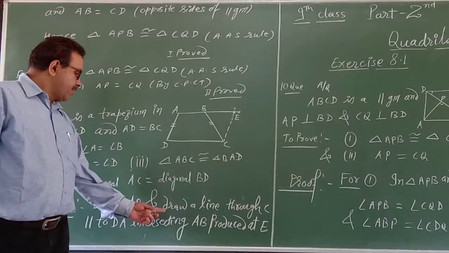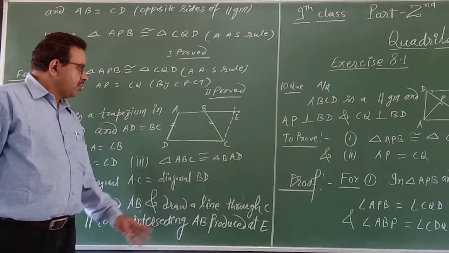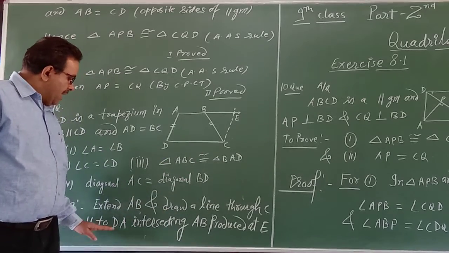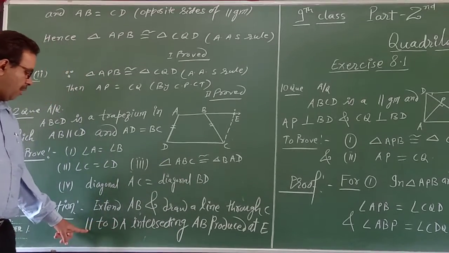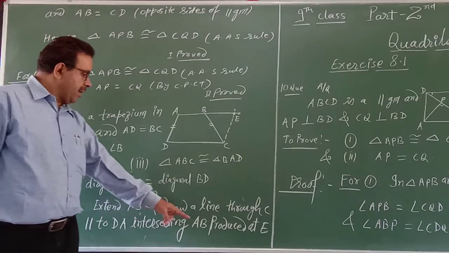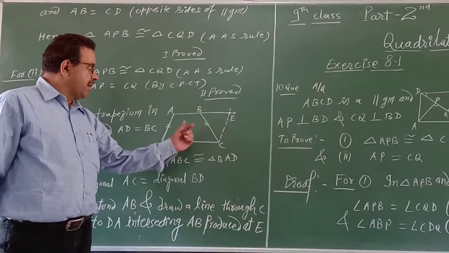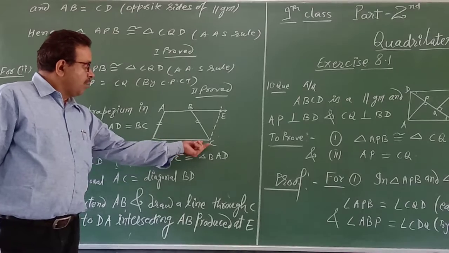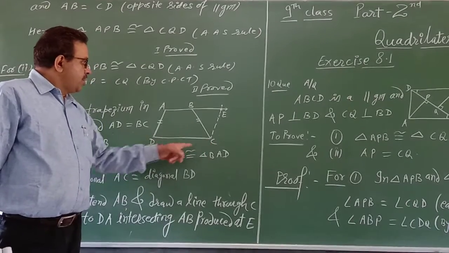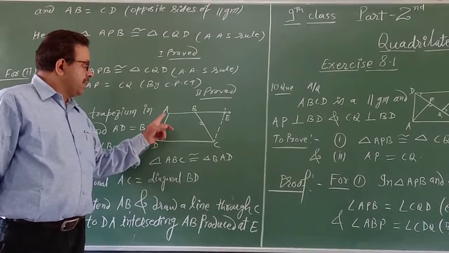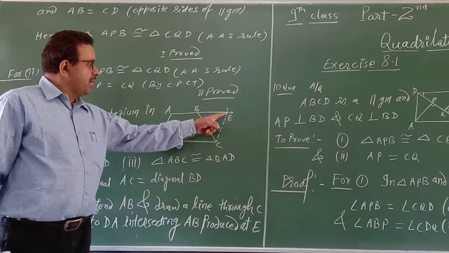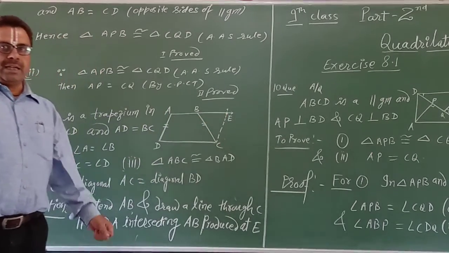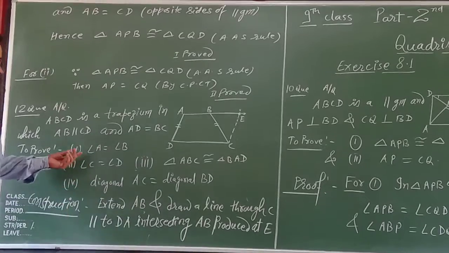Extend AB and draw a line through C parallel to DA, intersecting AB produced at E. हमने क्या किया, AB को आगे बढ़ाया और पॉइंट C से CE पैरेलल DA ड्रा किया, जो AB को पॉइंट E पर इंटरसेक्ट करती है।